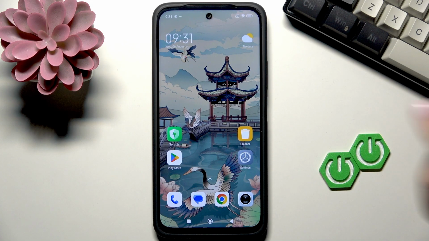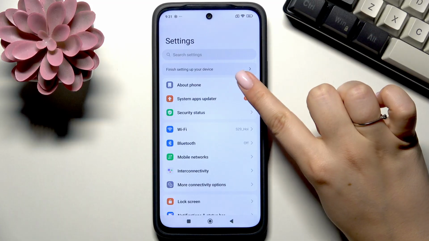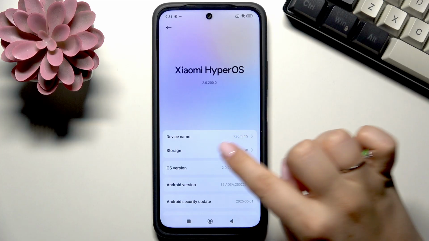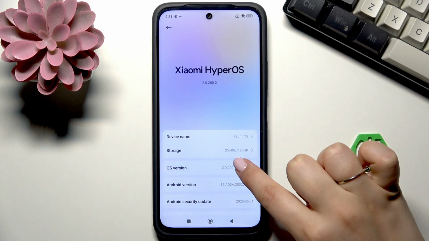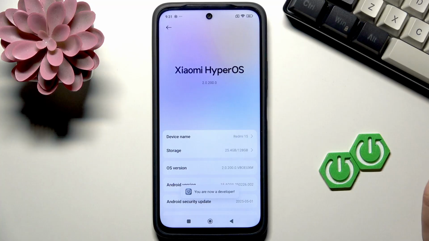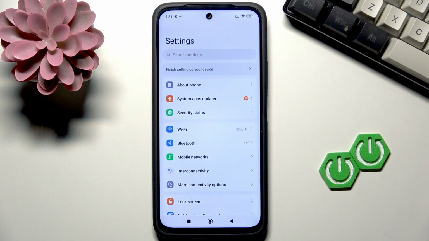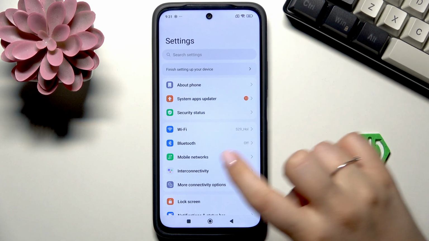So let's begin with opening the settings, and here we have to enter About Phone, which is at the top of the list. Now let's localize OS version and keep tapping on it until you'll see that you're in the developer mode. Now after seeing this information, we can go back to the general list of the settings and then